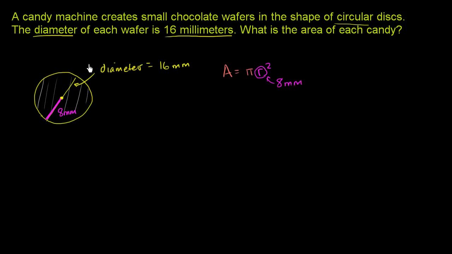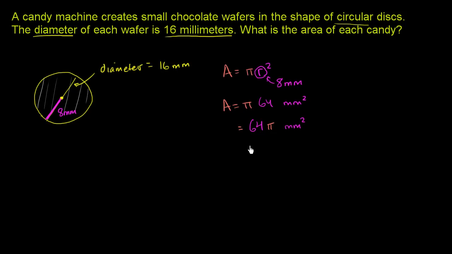So the area is going to be equal to pi times 8 millimeters squared, which would be 64 square millimeters. And typically, this is written with pi after the 64. So you might often see it as this is equal to 64 pi millimeters squared. Now, this is the answer, 64 pi millimeters squared, but sometimes it's not so satisfying to just leave it as